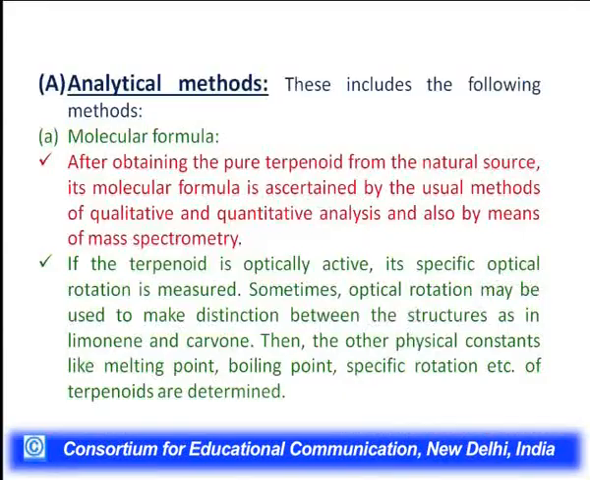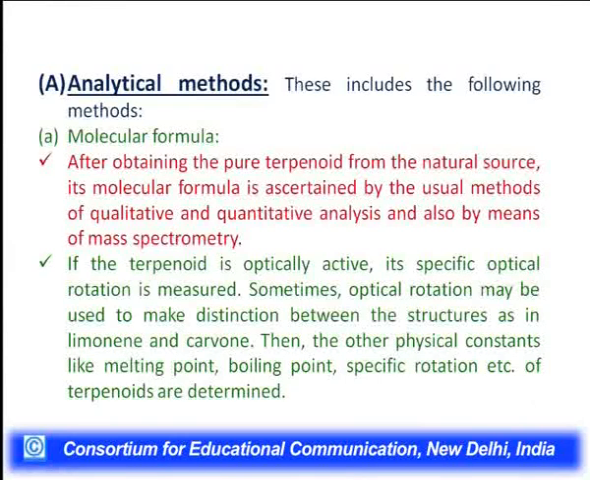So we have to do some qualitative and quantitative estimation of the carbon and the hydrogens present in the hydrocarbons. Since these are the hydrocarbons as well as the oxygenated derivatives, we have to do the carbon, hydrogen and the oxygen estimation, the quantitative as well as the qualitative estimation of these elements, and after designing the empirical formula of that product, we will then design the molecular formula, which is also confirmed by means